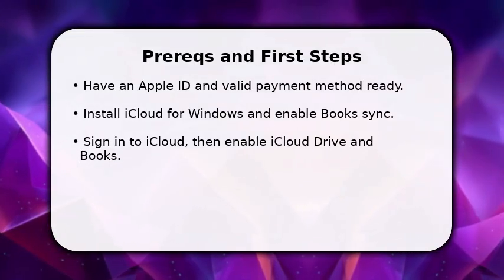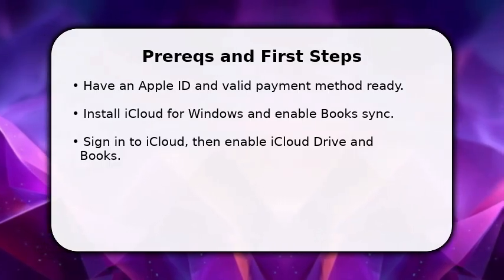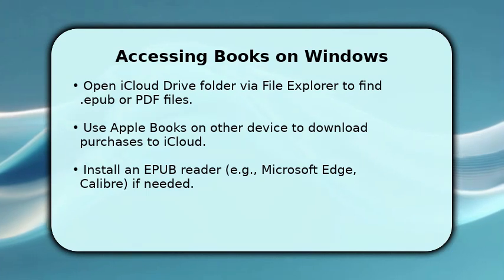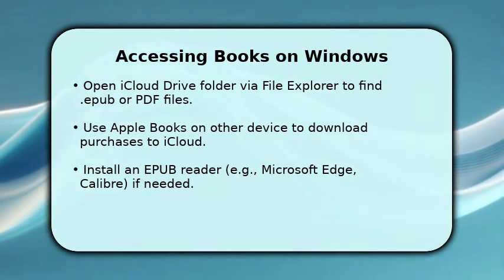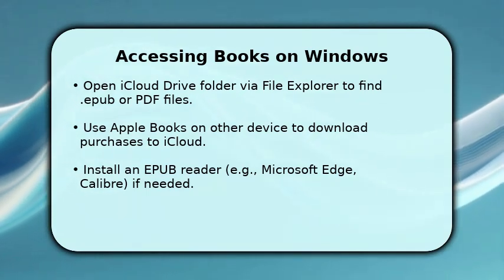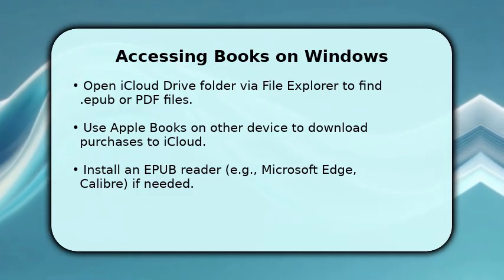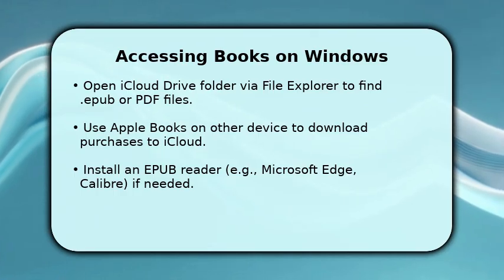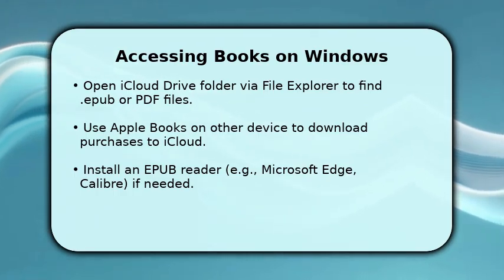After that, restart or sign out and back in if the Books option isn't visible. Once iCloud Sync is active, you access files through the iCloud Drive folder in File Explorer. Apple Books stores purchased EPUB and PDFs there. If a title isn't downloaded, go to your iPhone or Mac's Books app and download the purchase to iCloud so